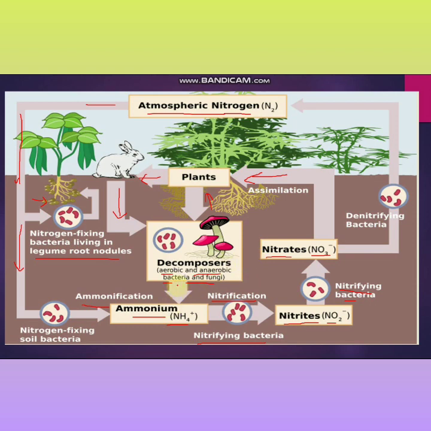So see, in the next process, the decomposer converts the nitrogen into ammonia, ammonium, and ammonium converts into nitrites, nitrite converts into nitrates, and nitrates are absorbed by the plant. So all of these are the cyclic processes of conversion of the nitrogen. Now this is another step in which denitrifying bacteria convert nitrates into the gaseous form of the nitrogen. Just see, this is the same as the previous cycle of the nitrogen.